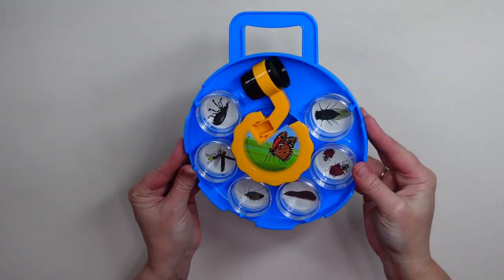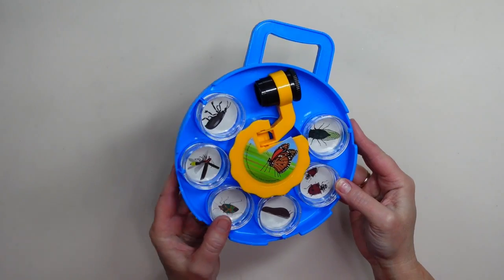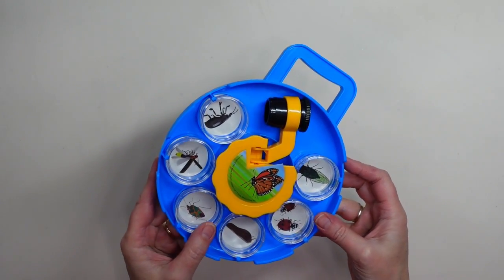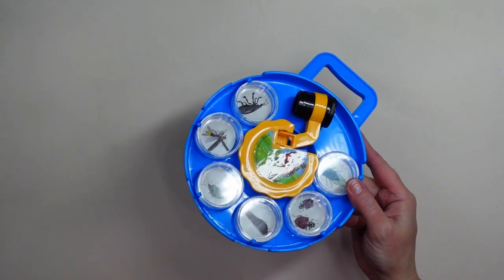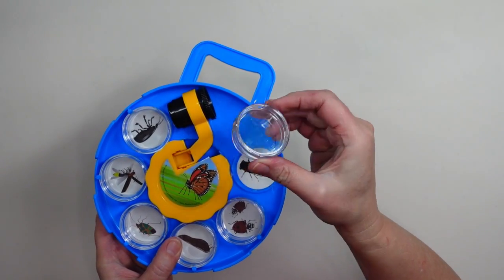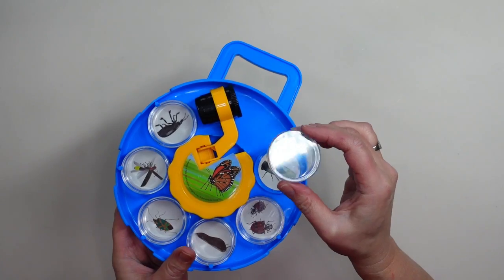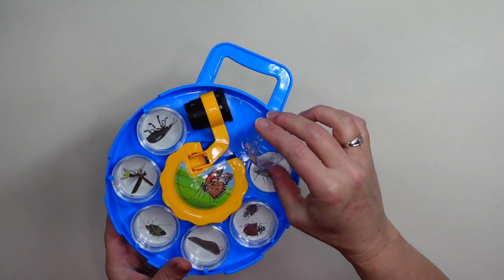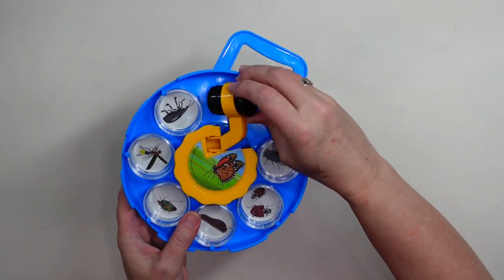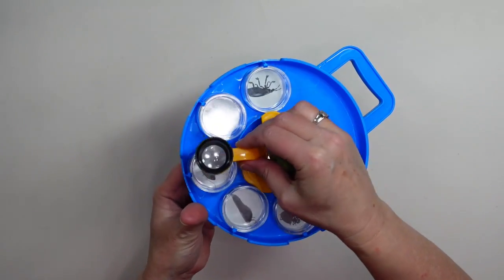So I showed you this little bug viewing kit in the store, and I thought this was so cute. So I picked it up because I wanted to get it for my grandson CJ. But when I got it home, I found out that it's not quite as cool as I thought, because I thought that you could just take these little containers out and put your own little bugs in there. So when he finds little roly-polies or a worm or something, he could put it in there. And then this little viewer pops up and you can look through it and it magnifies these. Well, that's pretty cool,